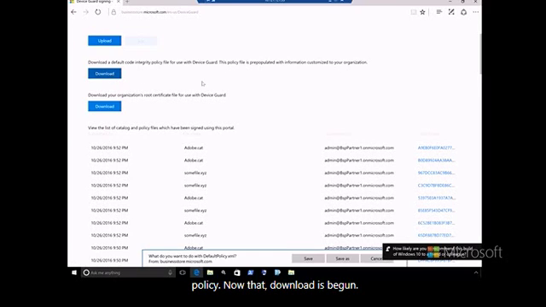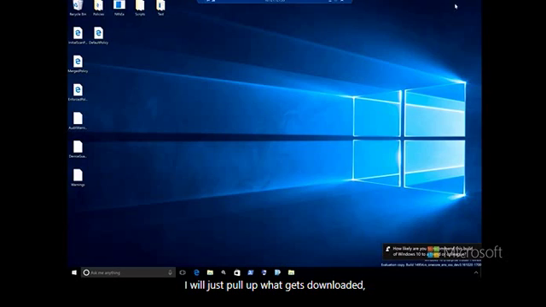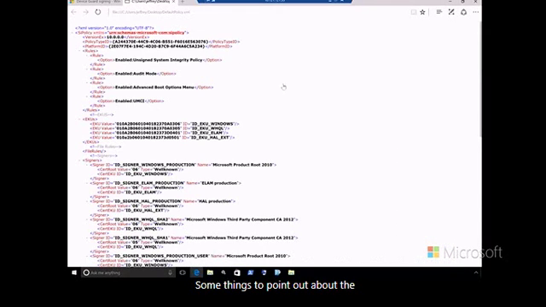policy. Now that the download has begun, I will just pull up what gets downloaded, which is this default policy right here. Some things to point out about the policy is that by default, the policy is in audit mode. As we mentioned previously, it's very important to test and audit before turning a code integrity policy on in enforcement